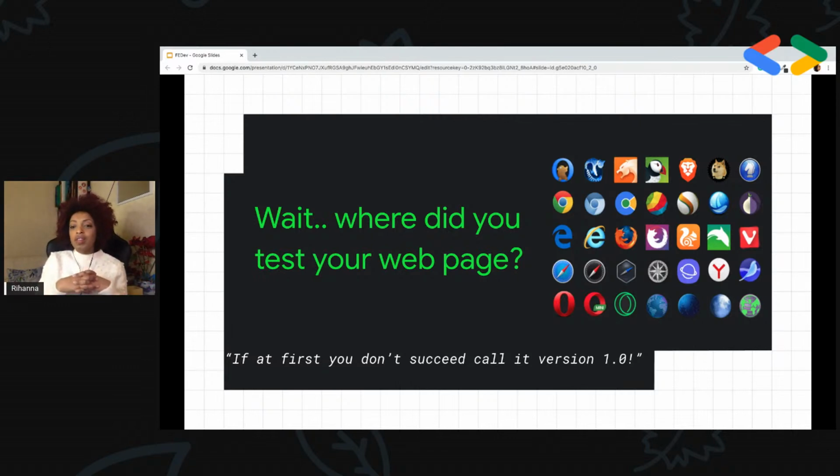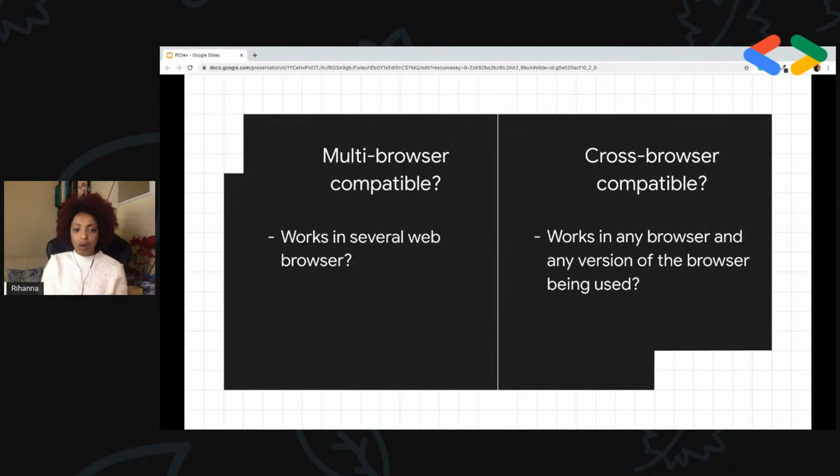Then the problem is any web page is delivered to any kind of browser. So one of the next steps is to know in which browsers some features of HTML, CSS, and JavaScript are supported and in which are not, and that the code we are writing is visible in any browser.